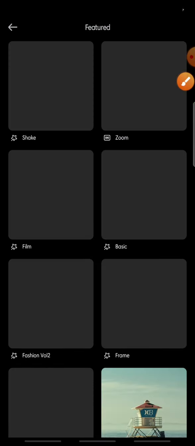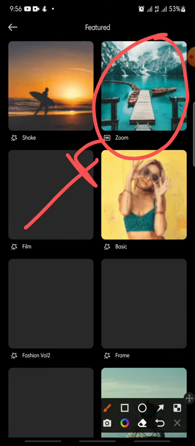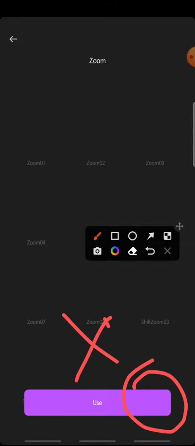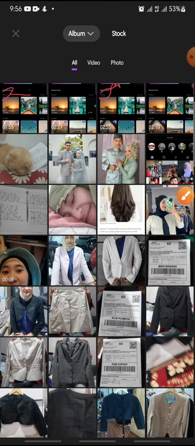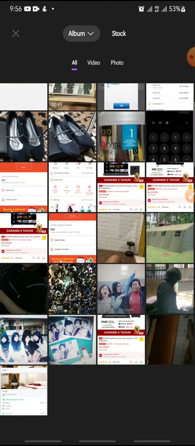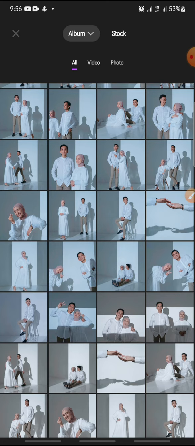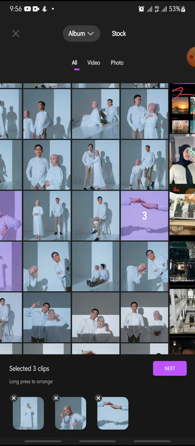And after this you can see this is the zoom effect, so you just click on this one, and after this you can click on use. Click on use, and in here you can add the photo or video that you want to edit. I want to add the photo, so you just click on a photo, this one and this one, and after this you can click on next,